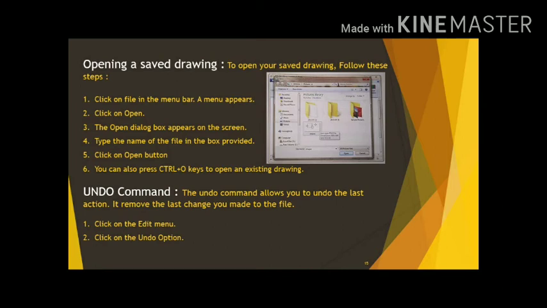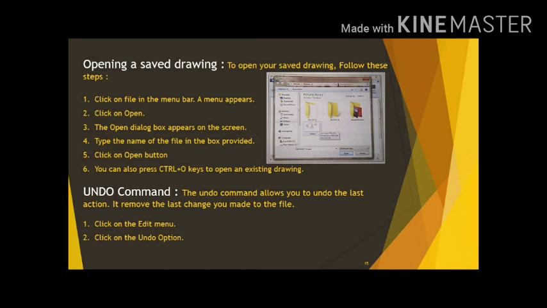Opening a saved drawing. To open your saved drawing, follow these steps. First, click on File in the menu bar. A menu appears. Second, click on Open. Third, the Open dialog box appears on the screen.